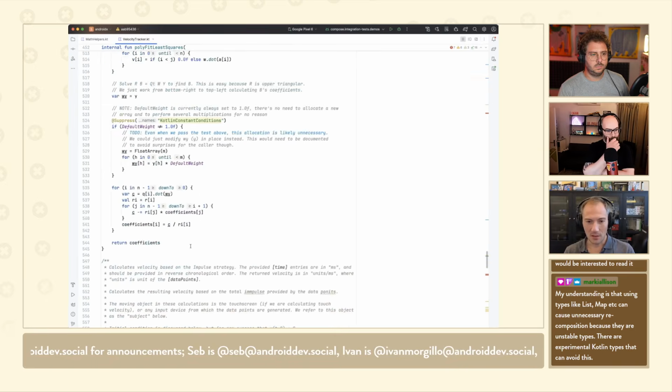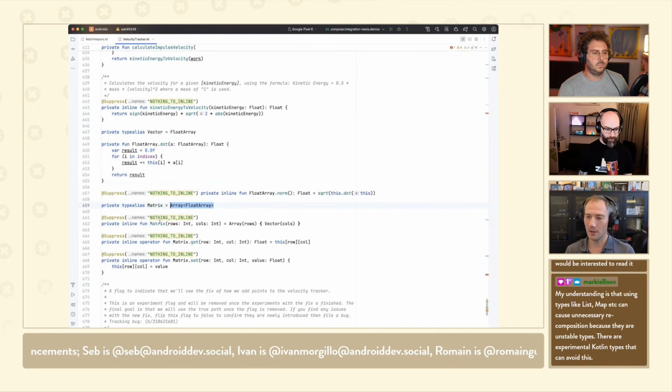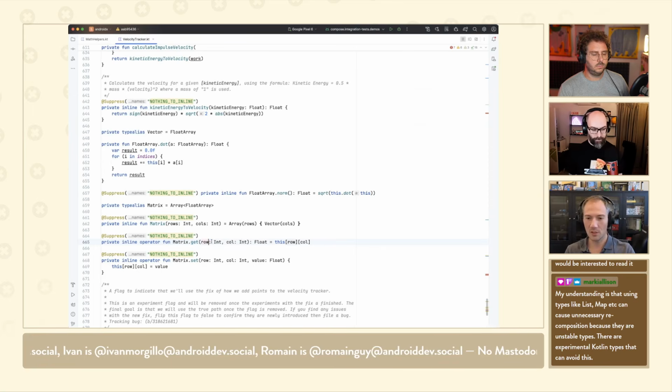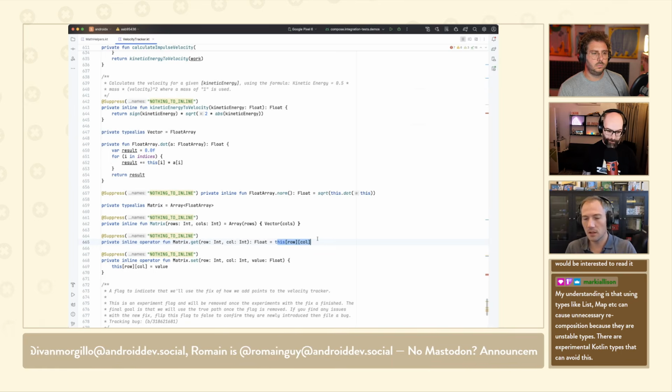Now, what's really cool about Kotlin is that if we go look at the definition of matrix, it's a type alias. Our matrix is just an array of arrays. And a vector is a type alias of a float array, right? And then using extension functions, we can add a get operator that takes a row and column to the matrix object, and it directly taps into the array. And it's really cool, right? Because the code is optimized. We don't allocate things we should not allocate. We still allocate arrays, which I'm a bit bummed about, but whatever.